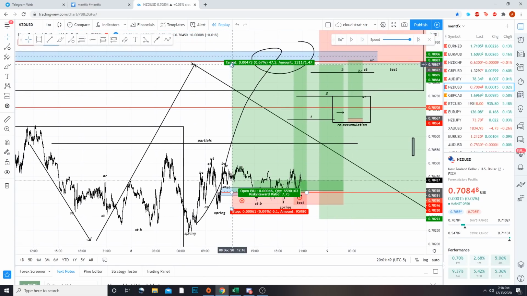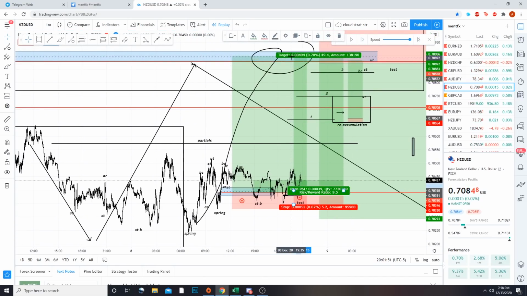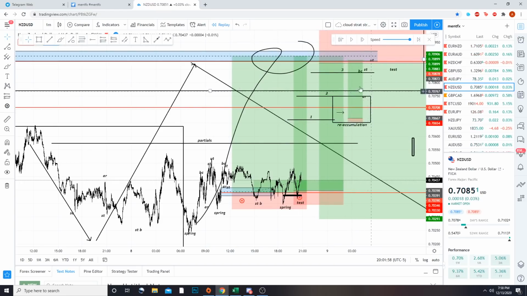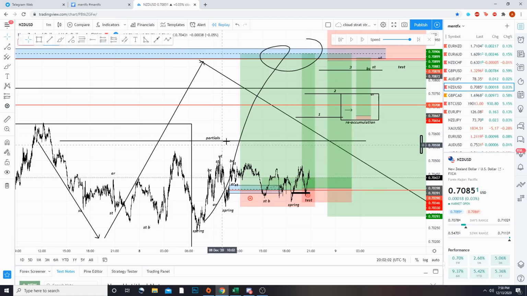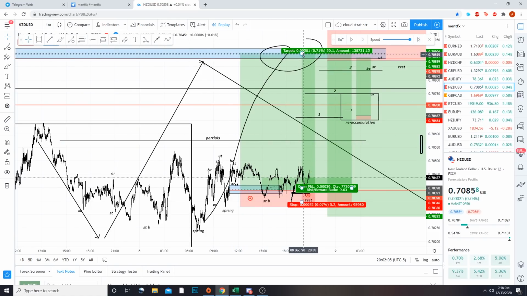Despite the fact that we expected price to come into these areas up here, giving us a 1 to 8, a 1 to 9, right? And then later we had a really nice little setup here, but we don't need to think about that because we didn't send it out. So we're not going to look at that right now. But why was I looking to take partials here even though I was targeting these areas?